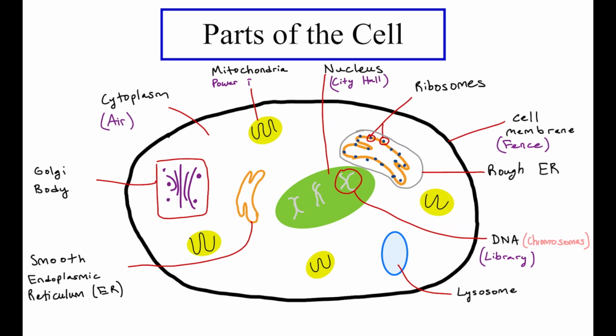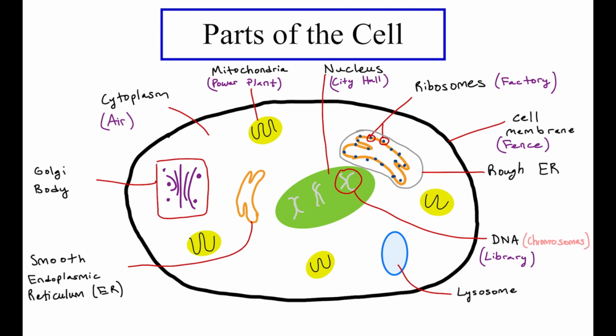And now we have the mitochondria, and the mitochondria is what gives the cell energy, like we said before. So if the mitochondria is what provides the cell energy, it's a lot like the power plant, because it provides the cell the energy it needs to function without getting tired. Now we have the blue dots, which are the ribosomes, and the ribosomes typically function to make proteins, so the ribosomes are a lot like a factory.